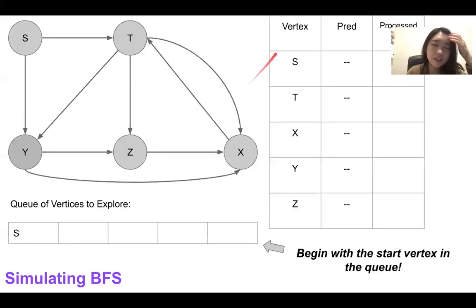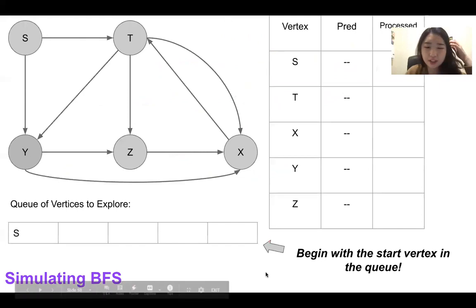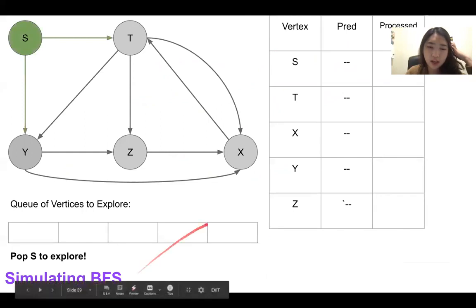Now we're going to talk about simulating BFS. So this is definitely more interesting than the other. So we have these two things. One thing is we have a queue of vertices to explore. You can think of this as a queue, right? And then